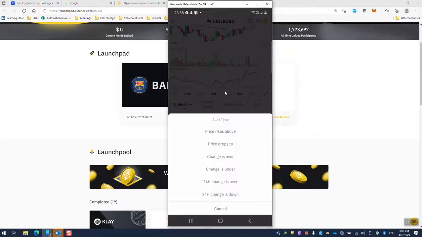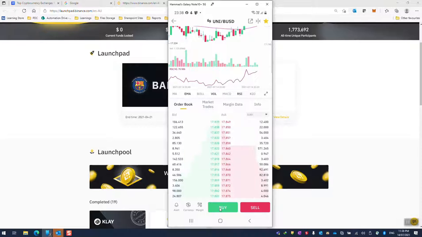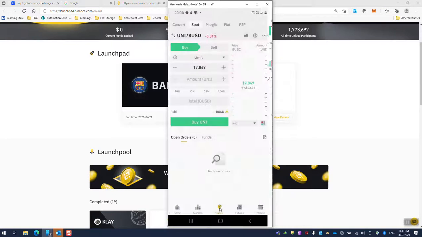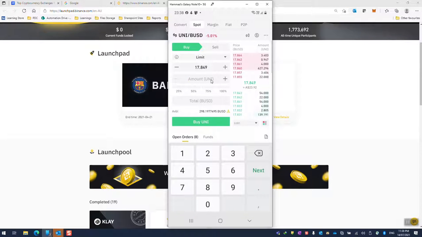You can create some alerts. If the price goes to a certain value, or if the change is over a certain percent, you can add that. You can also buy or sell. If you just click buy, it's going to open up a buy screen. I've explained the order types already. As I said, I recommend limit orders, and you can specify the amount that you want to